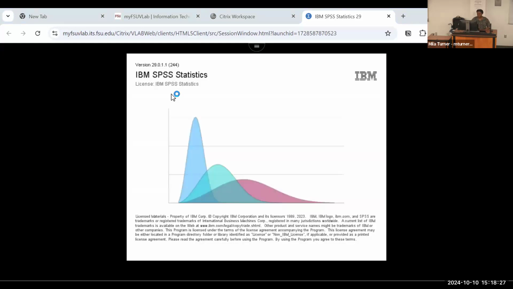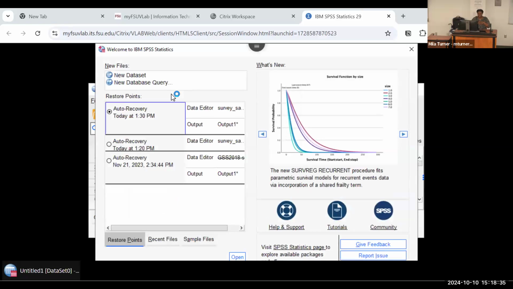You see the IBM SPSS symbol. Let's give it a moment to open. Here it is, and we have version 29. We typically update the license and version every year. And when you get to it,